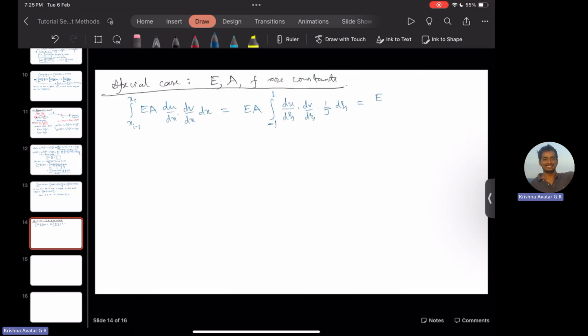So this is nothing but 2 EA by h, isn't it? And then the integral from -1 to 1 of du by dz dv by dz into dz. Fine. So we can write this as 2 EA by h, and what we recall is